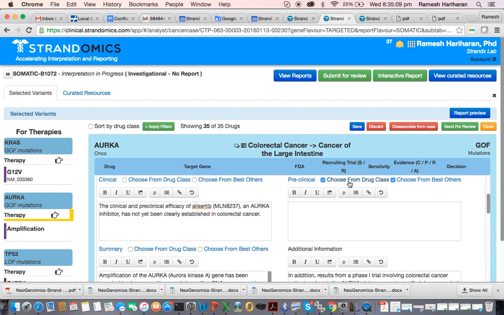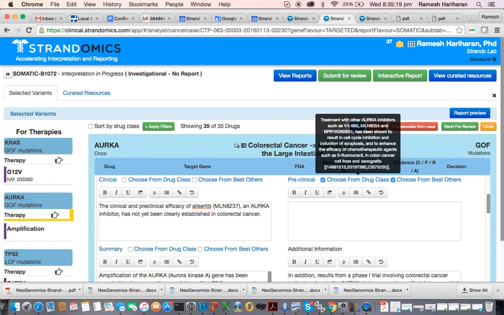curated information or literature available for a particular tissue, you pick from other tissues and you take this choose from best others tab. Or you could write a more general statement for the entire drug class, not for the specific drug. So for instance, for this drug class, there are other inhibitors that have been shown to result in cell cycle inhibition. And so you could write a general statement, and when you take this statement it will also be copied into the